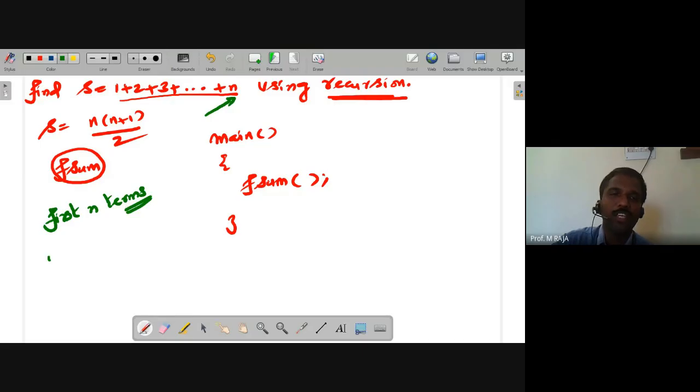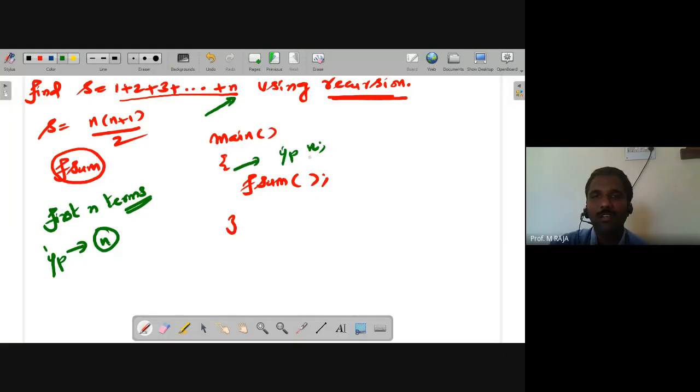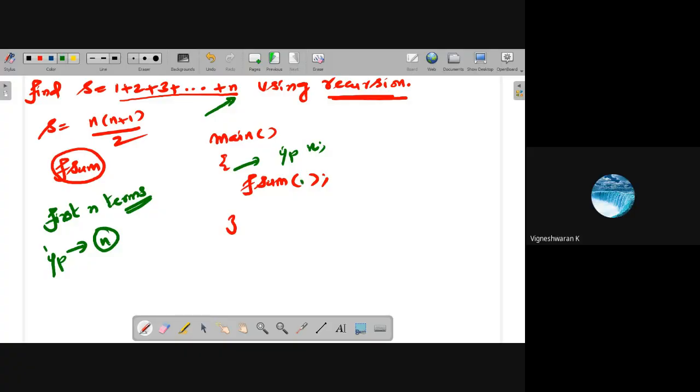That means the input to the evaluation is the value of n. N represents the integer. We need to evaluate the value of s up to that place, 1 plus 2 plus 3 plus etc. n. So here, assuming that one input is required, the input is n, and clearly the value n is passed as the